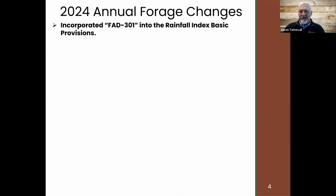There's this note in the changes about how they incorporated the FAD 301 into the rainfall index basic provisions. So even though that's a short phrase, it packs a lot of meaning. There's a lot of information behind that, and I'll just do my best to summarize it. What that means, well, quite simply, FAD stands for Final Agency Determination. Agency is the RMA, the Risk Management Agency in this case, and the number 301 is simply the sequence of